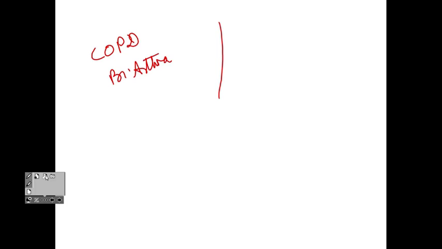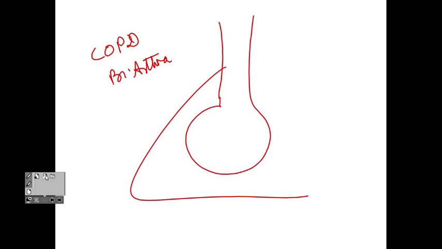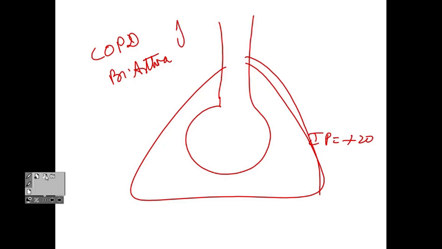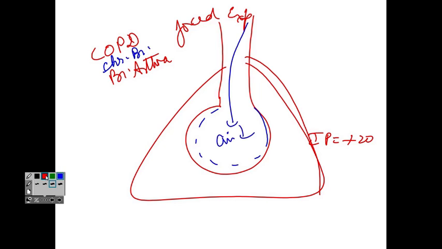So in emphysema, what happens in all these diseases, their pleura is fine. So intrapleural pressure will be plus 20 like you and me. But when they do forced expiration, in emphysema, the alveolar recoil is lost. In bronchial asthma and bronchitis, the amount of air coming is less. So if recoil is less or air entering is less, what will happen to the intraalveolar pressure? It depends on air, so that will be less. So instead of 35, they start from 25. As a result, what happens proportionately to all the pressures?